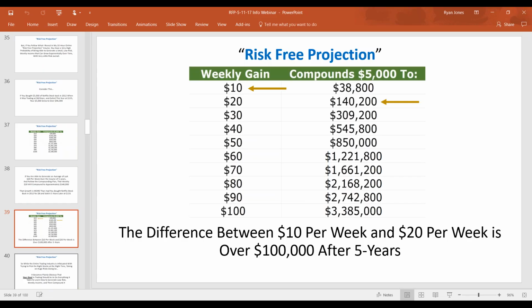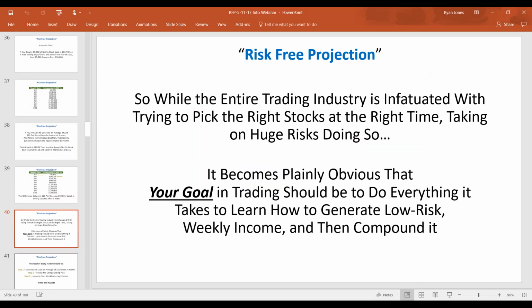If you can increase that average to $20, you're looking at a $100,000 difference over a 5-year period, with that difference being compounded. That is absolutely phenomenal. This is why I say every focus should be on this. So while the entire trading industry is infatuated with trying to pick the right stocks at the right time and taking on huge risks doing so,